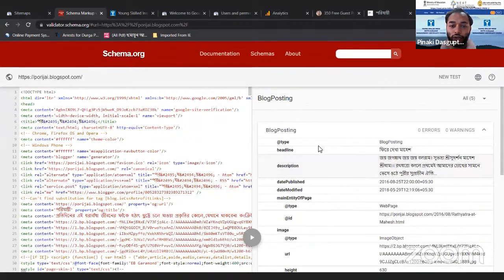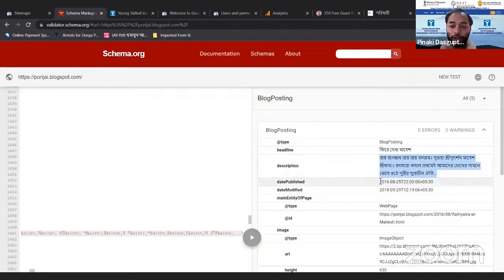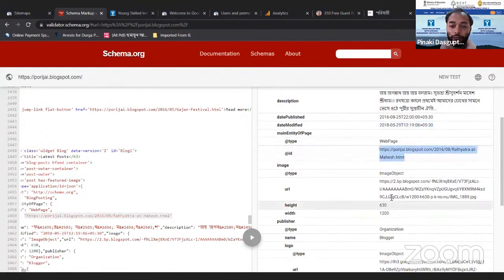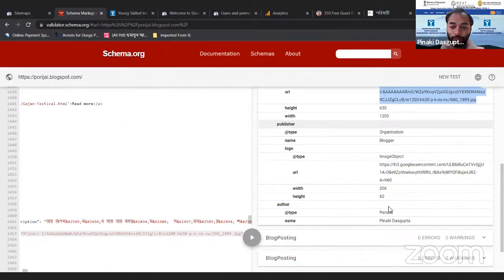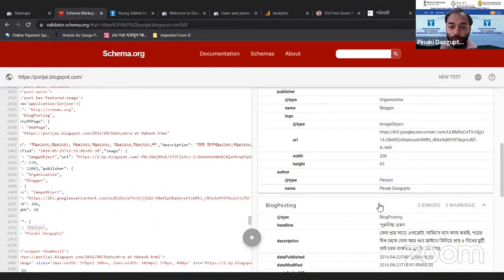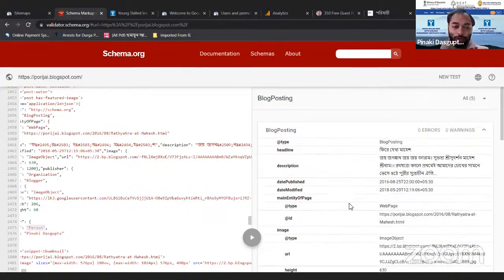There is no error. This is the headline. This is the description. This is the date published. This is the URL. This is the author name. So this means I have already marked my data here. There are 0 errors and 0 warnings. So in this way, you can check whether your markup is validated or not.